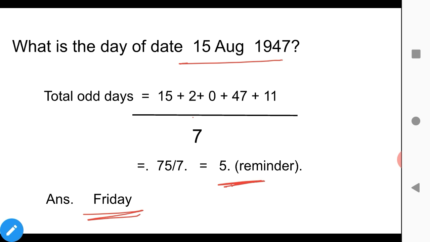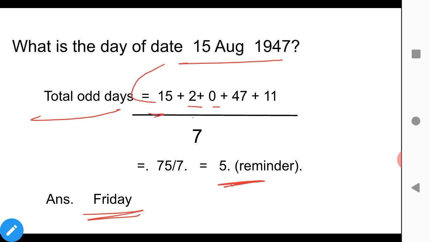Now our job is to calculate the total number of odd days without the formula. Then we will decide what the month code and year code are doing here. First, we will calculate the total number of odd days without using the formula up to August 15. The 15 is in the formula, so there is no need to calculate it.